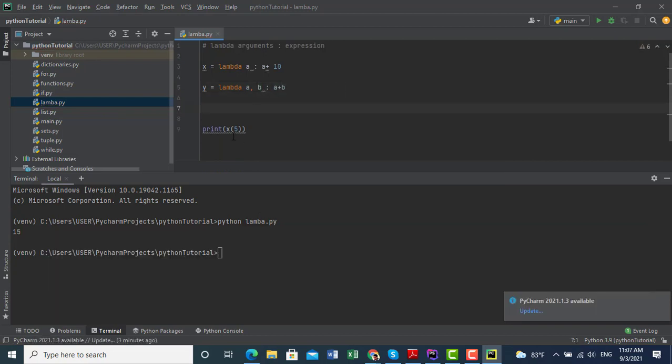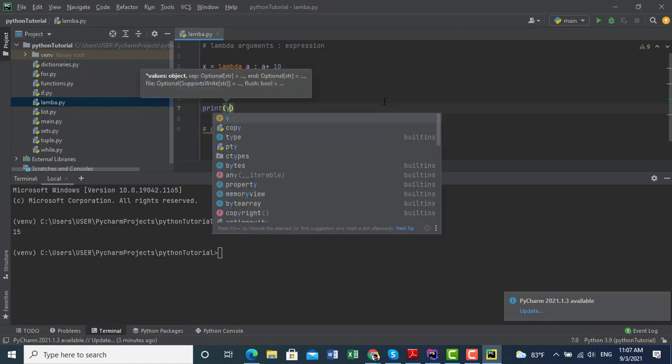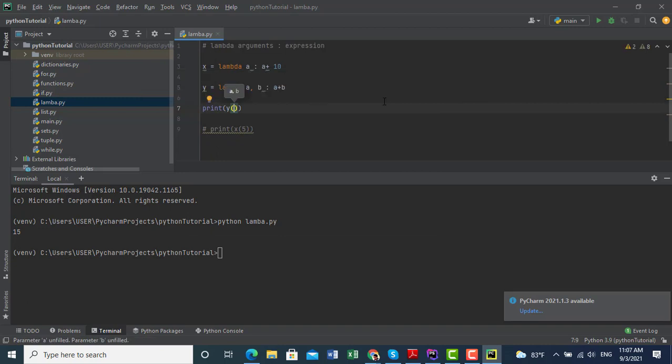Then I comment the previous one. Then print y, where a is 2 and b is 3. Then the result should be 5. I am going to print here. Result is 5.